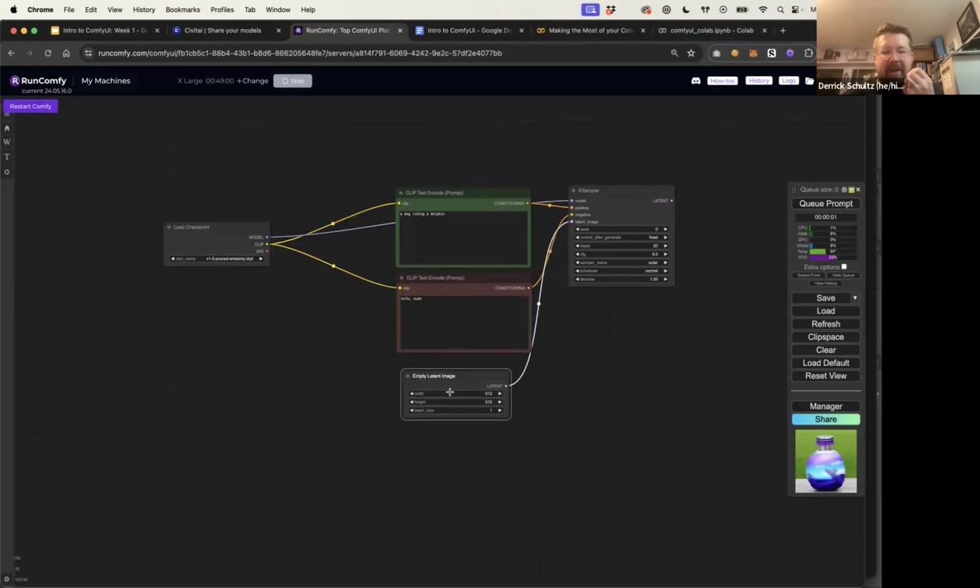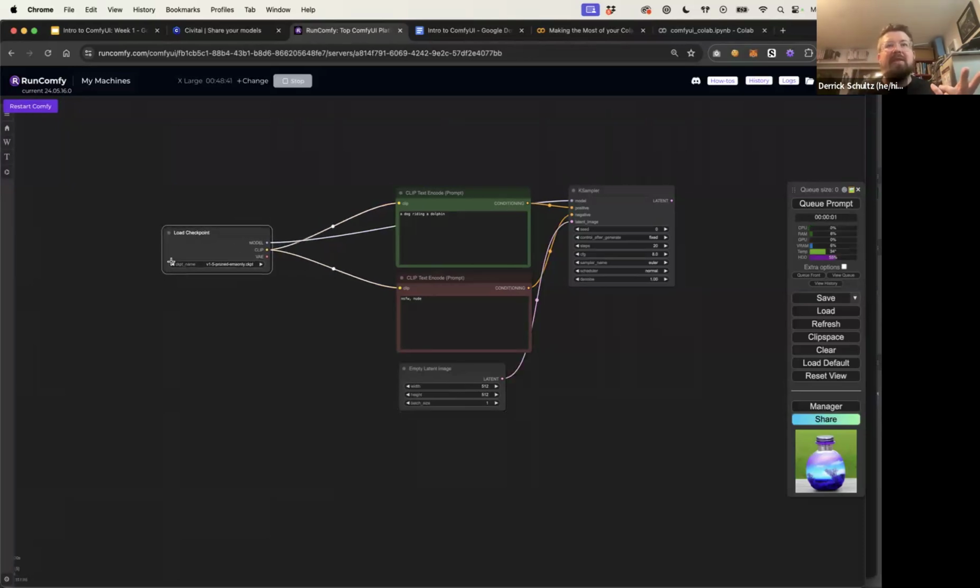So we click on an empty latent image, and we see the defaults are 512 by 512 and a batch size of 1. So what is this? This is basically us telling the model what size we want our images to be. So in this case, we want the height and the width of our image to be 512 by 512. That's good because that's what SD 1.5 is trained on, and that's the model we're using here, right? So we're basically saying, hey, give me a 512 by 512 image. And then batch size, we'll talk about batch size in a second. Batch size is how many images it should generate. In this case, I only want 1, right? So we're going to leave this as is.